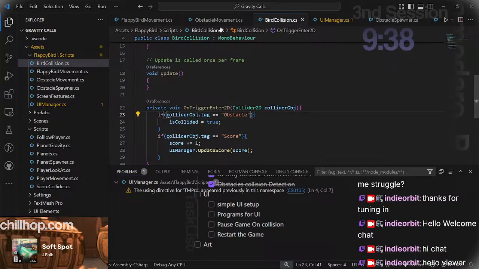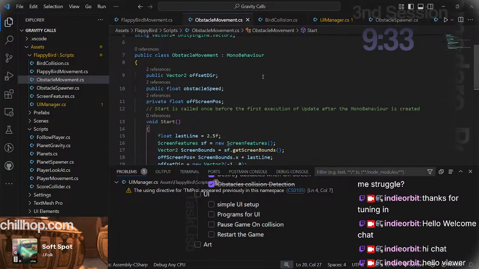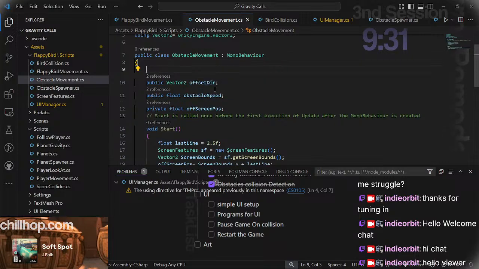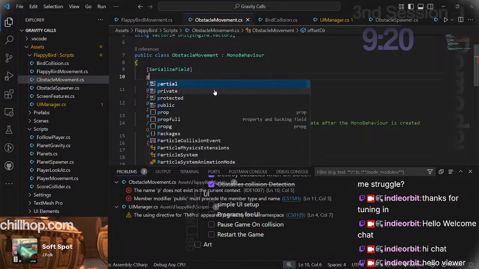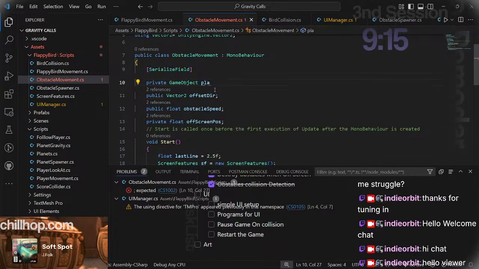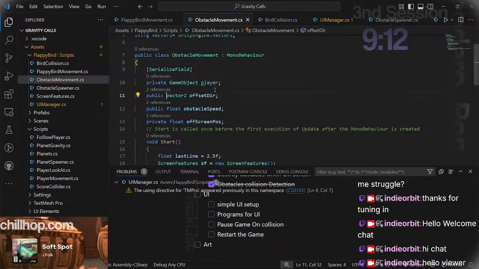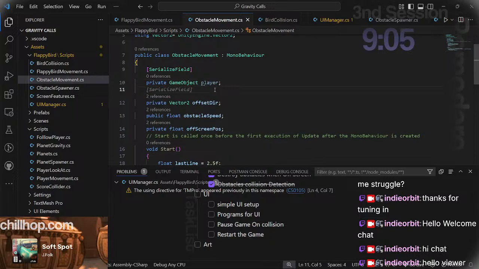Now, in obstacle movements, I can add a reference to player, and what it will do is